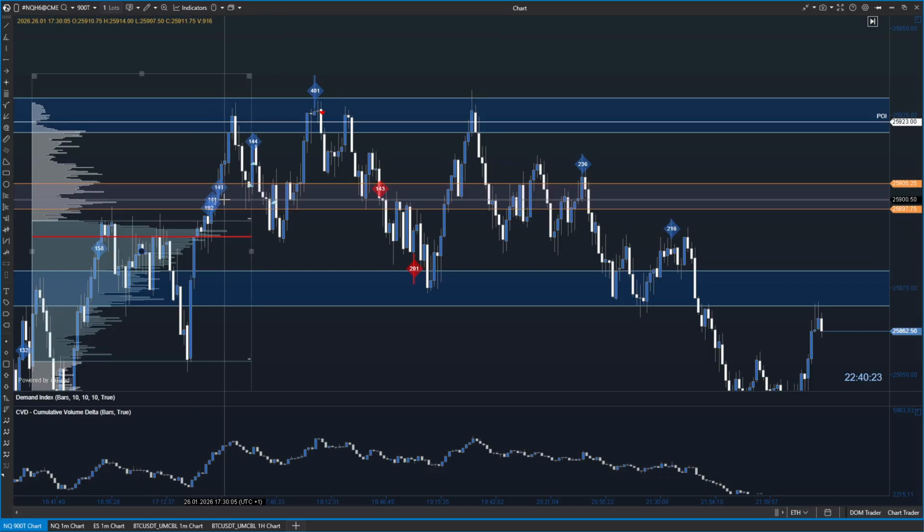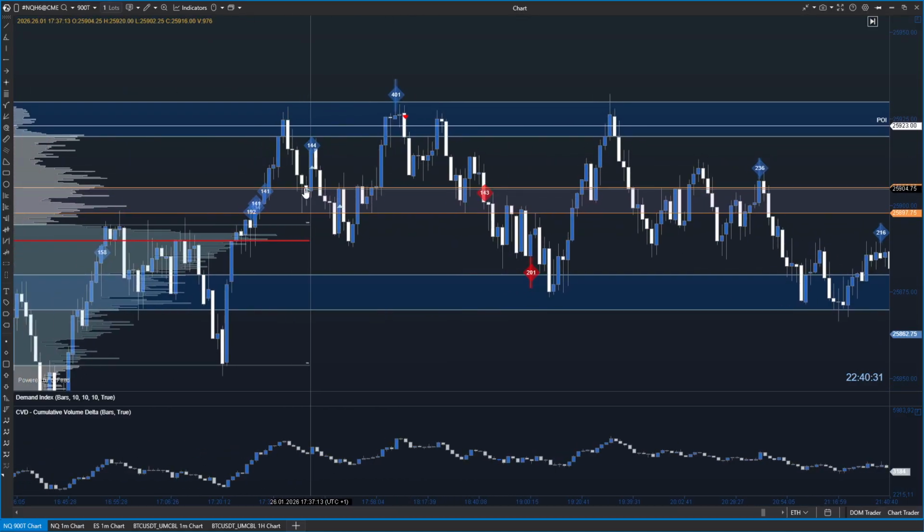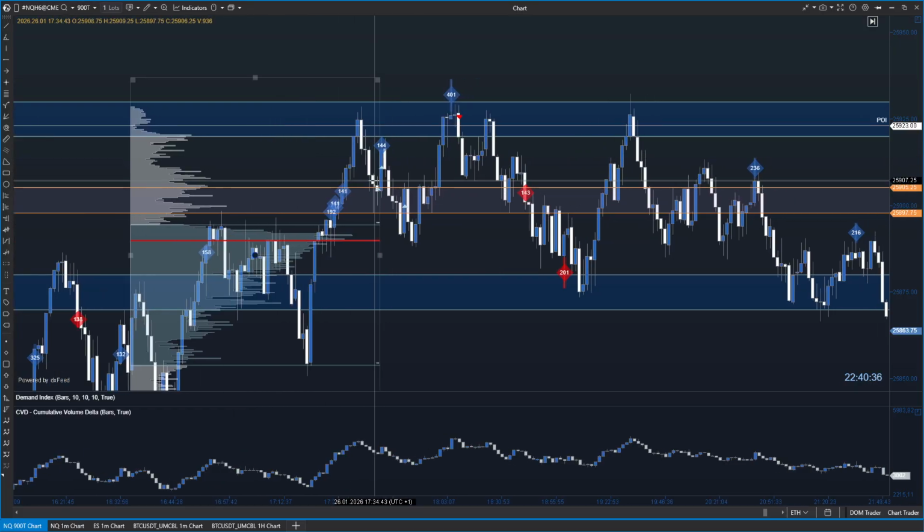But you can see here the market went down, and the aggressive buyer also stepped in again and kind of absorbed these sellers here. So that's why I entered my first trade